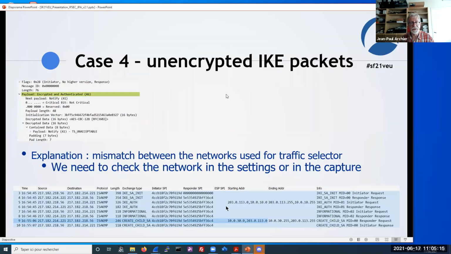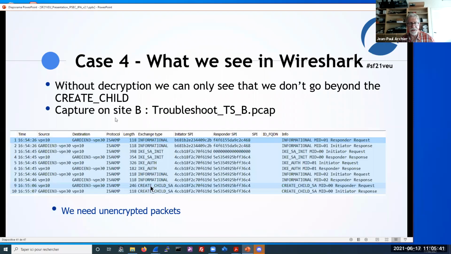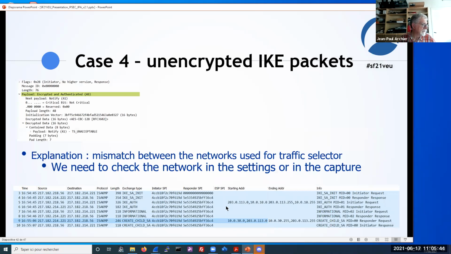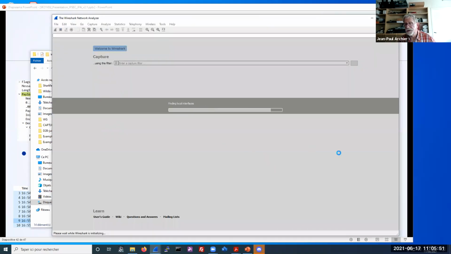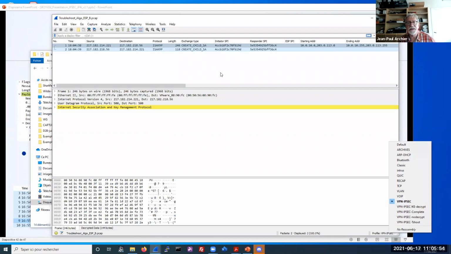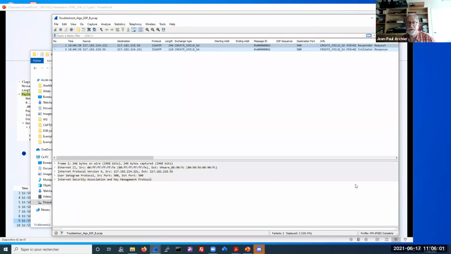So if we decrypt, as we have seen, and I insist a bit, it's not very frequent that you have all the information necessary to decipher the exchanges. But in this case, we have what we need. And I will open the troubleshoot B file. In this case, I will switch to traffic